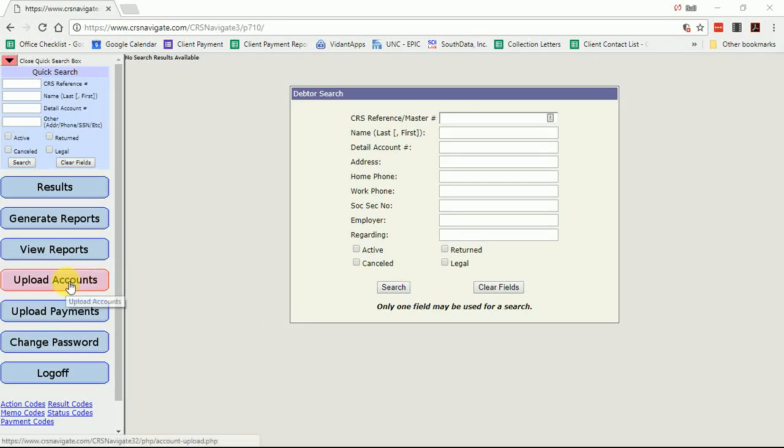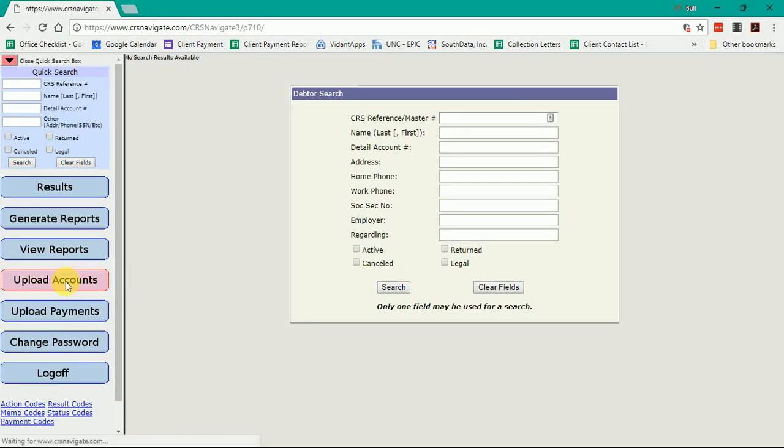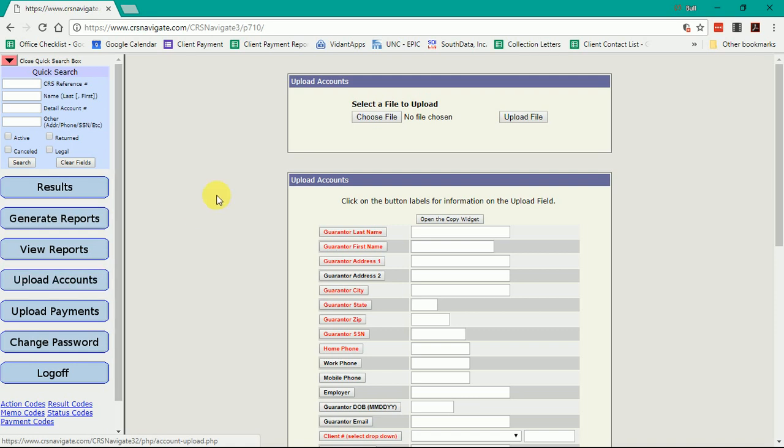In the Upload Accounts tab, you can send accounts over to Bull City Financial Solutions. We do have a couple of different options where you can do that. The first is our Upload Accounts through a file transfer. If your system has the correct software to create the file to send over to Bull City Financial Solutions, you